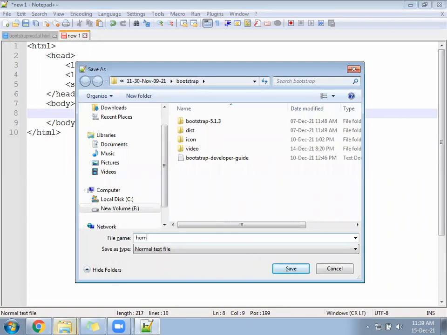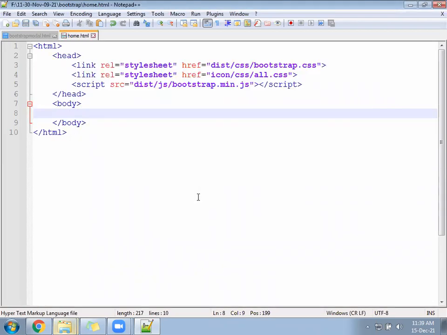Home.html is the file name. File name is home.html.